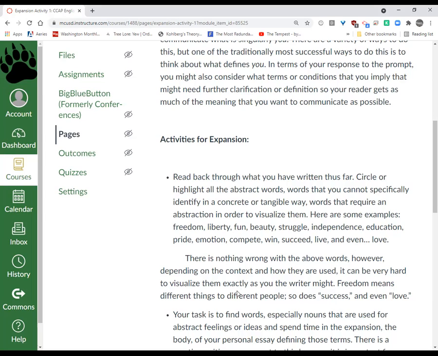Freedom, liberty, fun, beauty, struggle, independence, education, pride, emotion, compete, win, succeed, live, and even love. Now, there's nothing wrong with those words, but they could mean different things to different people. It's not a concrete, specific description. So when someone reads that word, they're going to have an idea of it, and you're going to have an